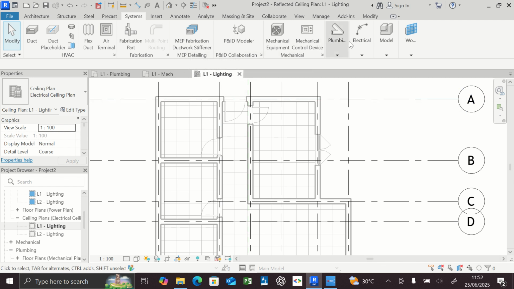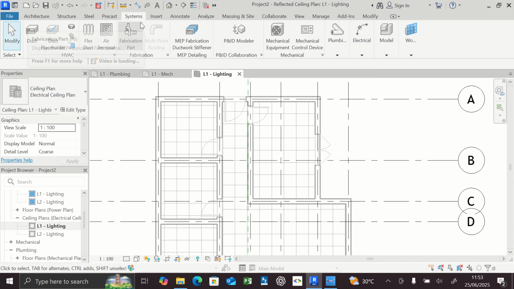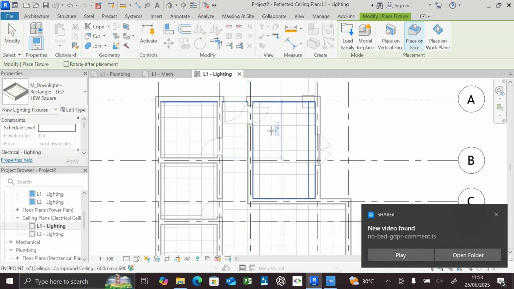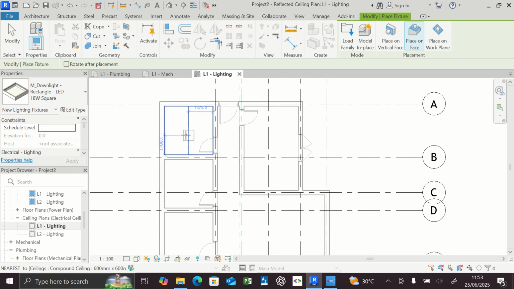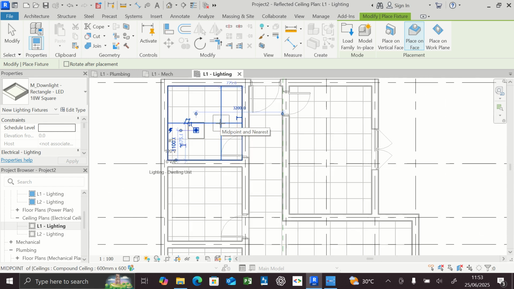Right, so to add the electrical light, go on the ribbon under the system tab, go to electrical, click the drop-down and click on lighting fixtures. I'll position it here because I know I have an air terminal here and on the other side, so I'll place it here and we are good. Notice that I can't place the light elsewhere